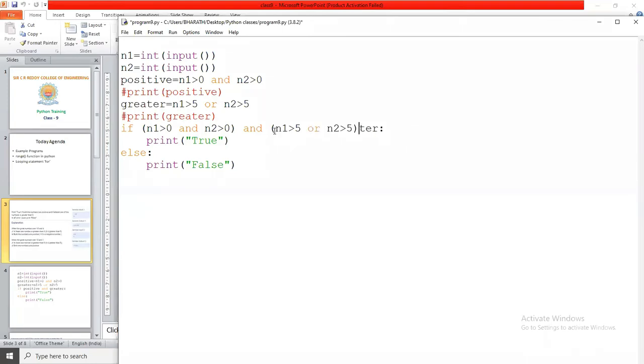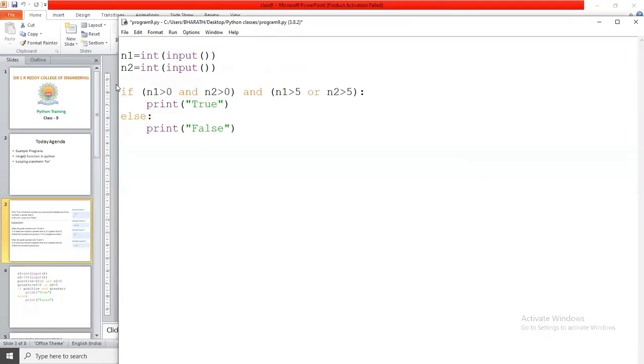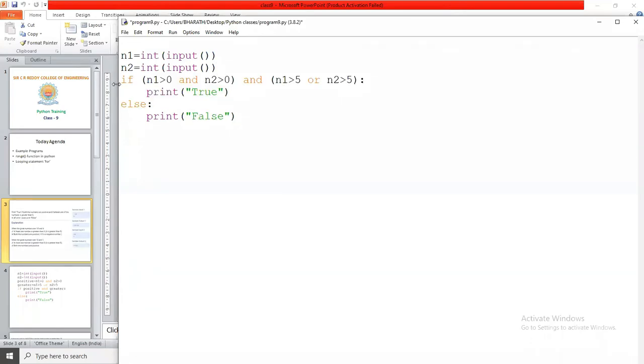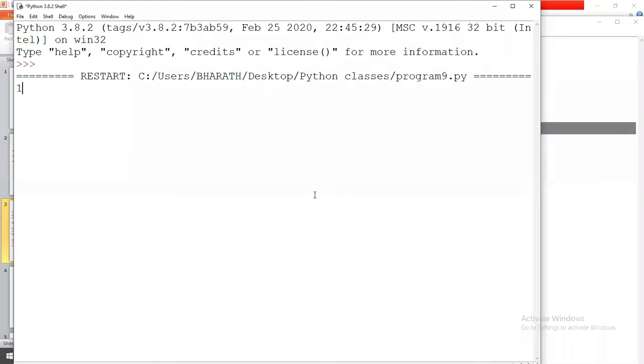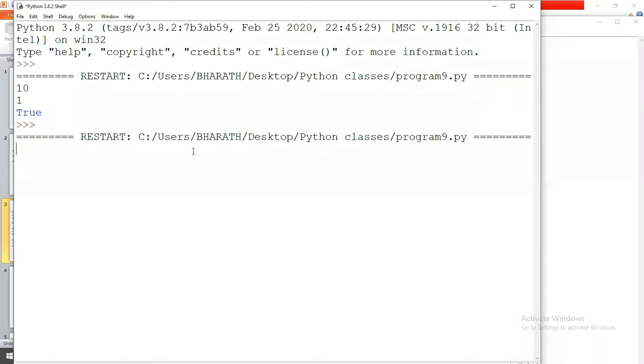Okay, for understanding I divided this problem like that. Okay, so now also you are going to get the same answer. So n1 greater than 0 and n2 greater than 0 is the first condition, and the second one is n1 greater than 5 or n2 greater than 5. n1 returns true, minus 10 6 returns false. Okay,